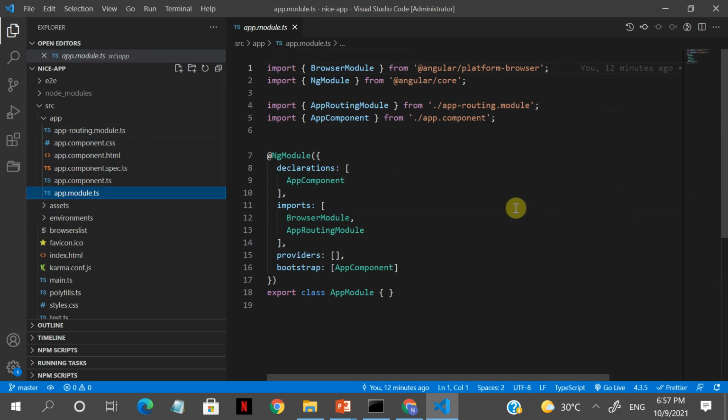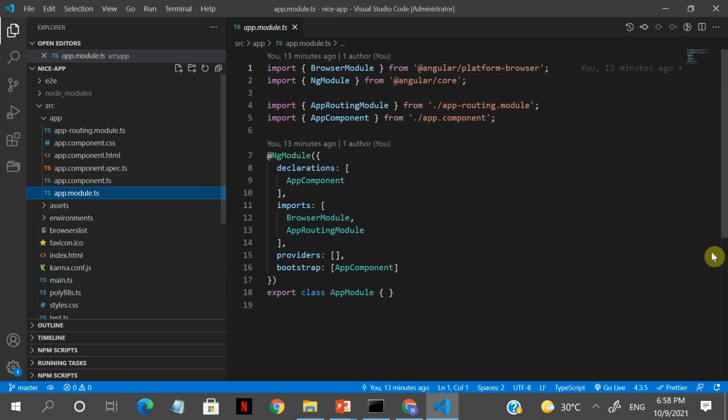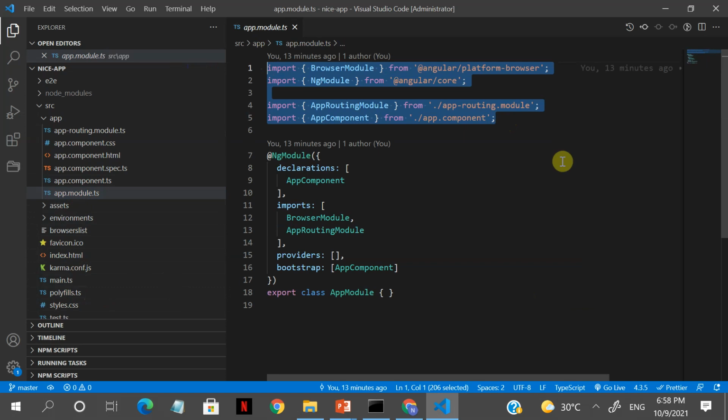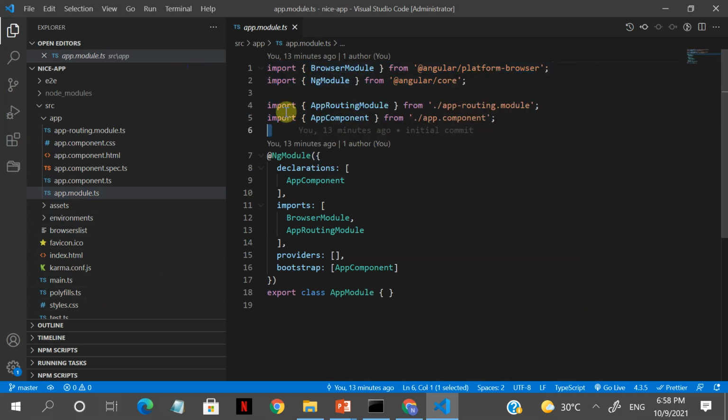Now one more important file is app module. In your application this will bundle and bootstrap your application. When we ran the app, it automatically ran, and then index.html was found, right? How does it find out? It uses app module. This app module imports some important libraries by default. You see browser module, ng module, all these are default. And then it bootstraps, which means which app component to run. Here it is asking which app component should I start.